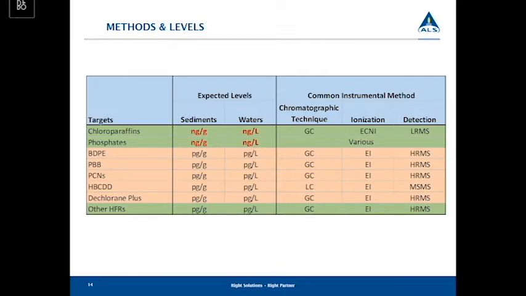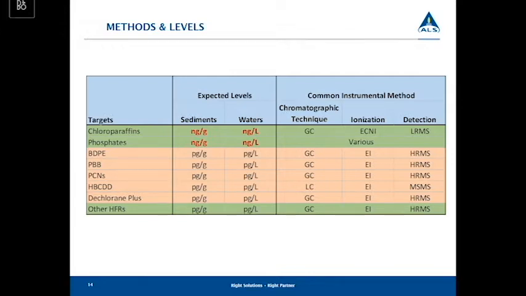So this slide gives both the expected concentrations and common instrument methods. It's not intended to be the only approaches, but in order to get the levels that we're looking for, it's generally fairly expensive methods. You'll see EI stands for electron impact, which has to do with the mass spec ionization approach. High-res MS you'll see in there. You'll also see the hexabromocyclododecane is typically done by LC-MS/MS. It can be done by GC-MS/MS, but the